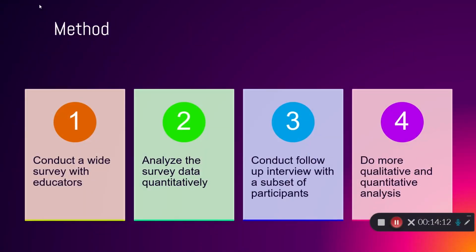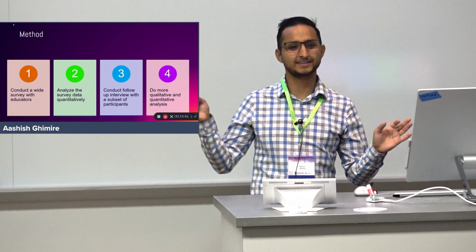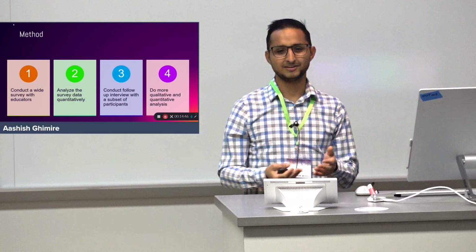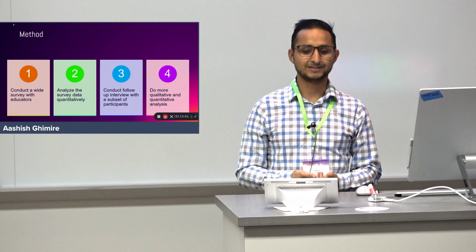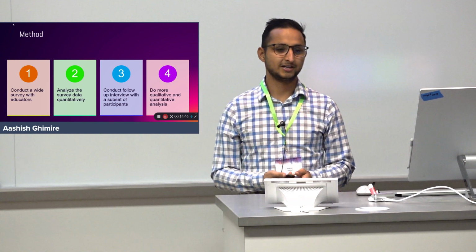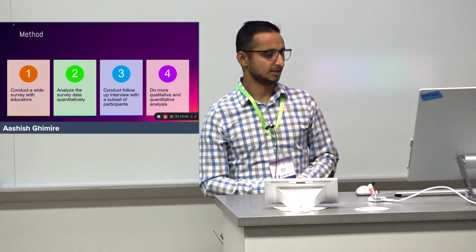So the method. And before anything, let me preface by saying this is a self-reported survey, so this is always going to carry all these problems that come with survey-based research. Sometimes people want to show that they know more about something than they really do. Sometimes we have modest professors who say, I don't really know much, but then they go on to tell me everything about generative AI. So it has that implicit bias, but that's what we got.